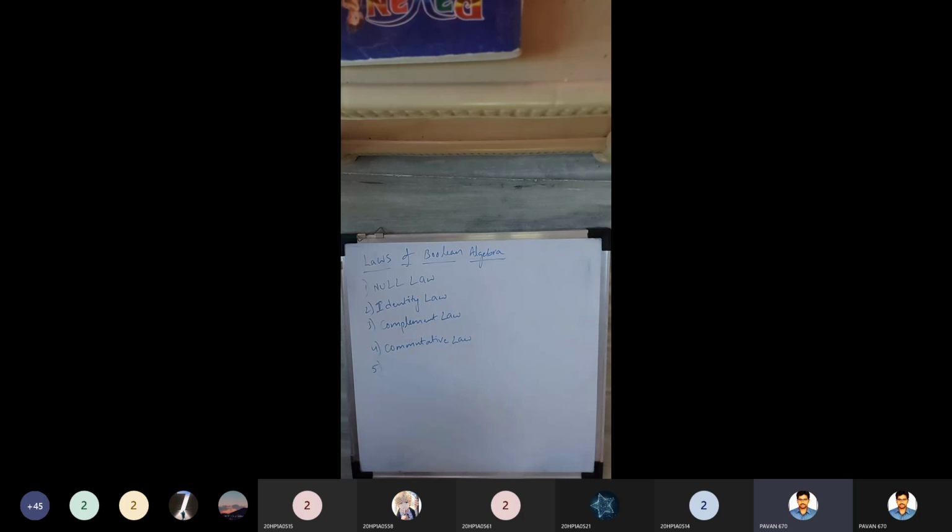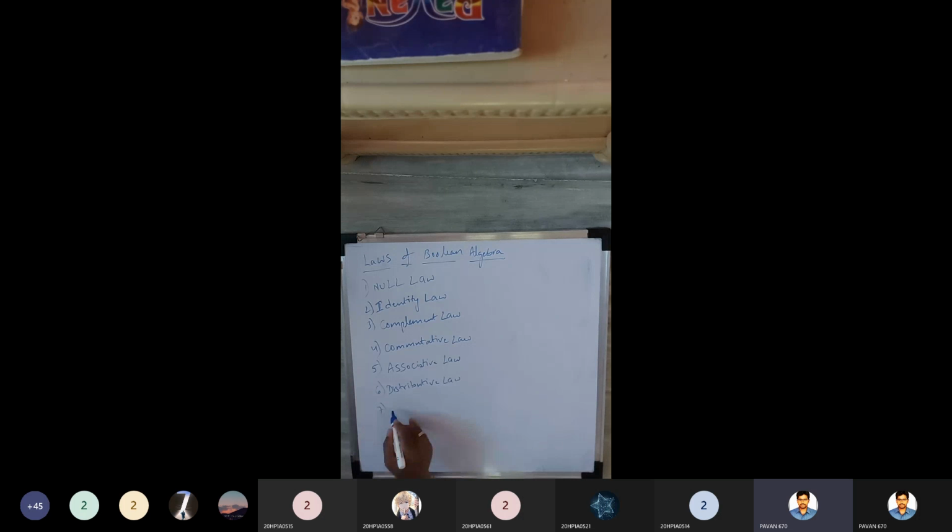Lengthy list of laws are there here, and we can have a note of those. Next, associative law. Distributive law. And among these so many laws, you have here the majority of laws in your normal algebra, normal algebraic expressions. In your normal mathematics also, you have here these laws: commutative law, associative law, distributive law. So that means those are all applied here also in our Boolean algebra. Apart from that, there are some other laws also which we can use here.